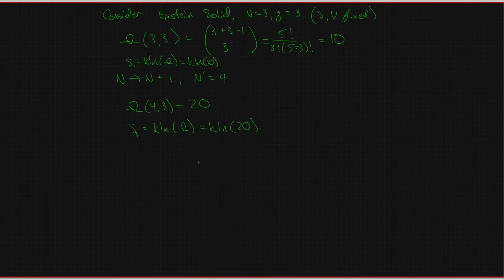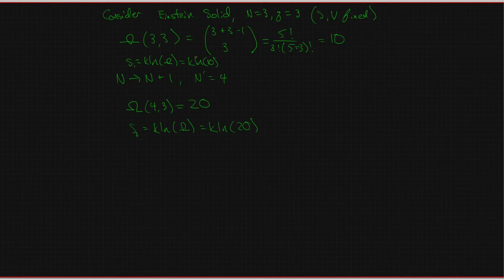So there must be something else going on here, right? Because we're saying that we need the entropy fixed, so when we add a particle, something needs to happen. Well, what needs to happen specifically is that the chemical potential needs to be taken into place here. So another way to think about